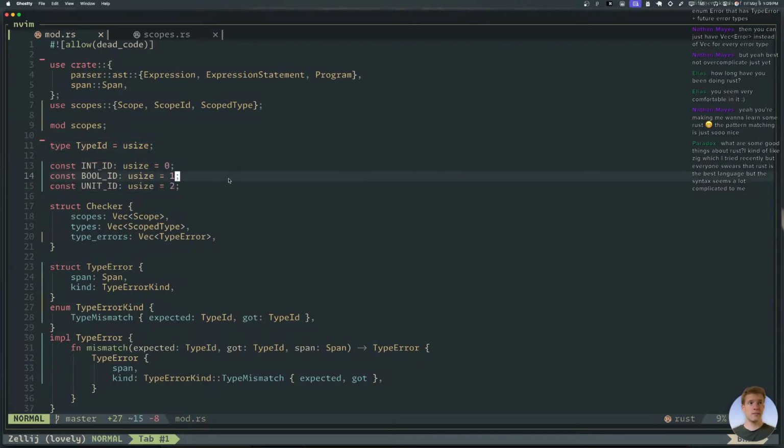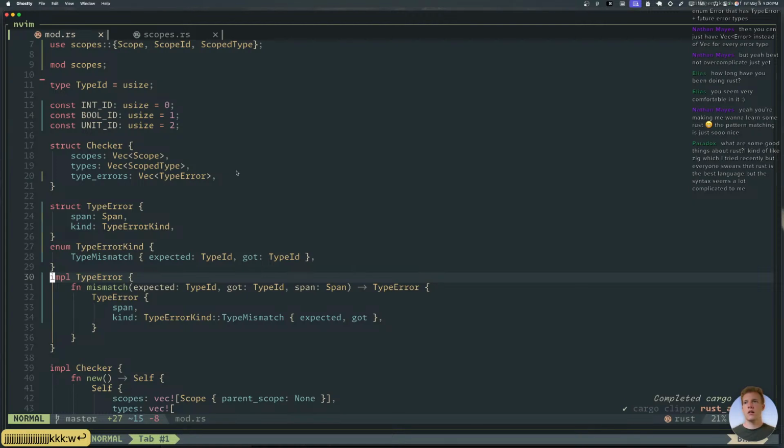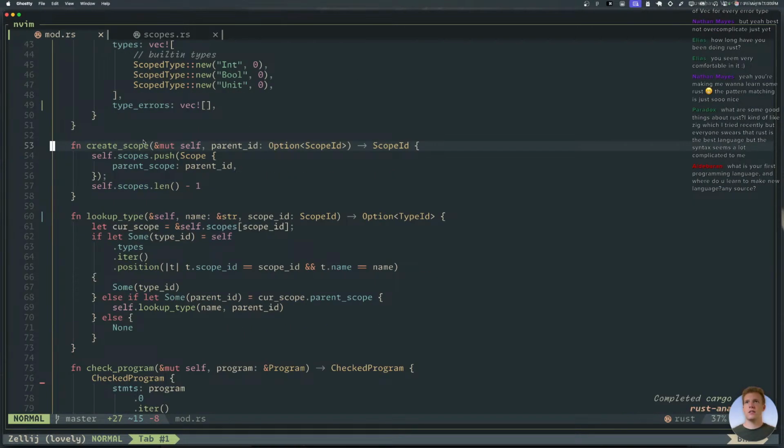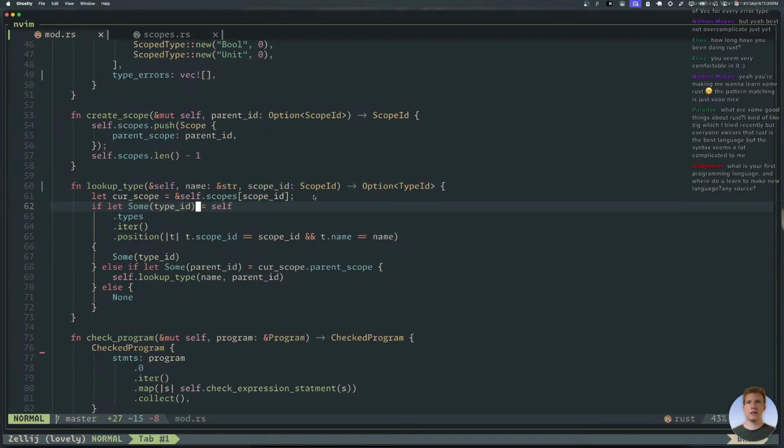The type system I find to be super good. Swift is comparable. They're pretty similar as far as the type system goes, but really good enums are a huge thing for me. Pattern matching is wonderful. Being able to do this kind of thing, like if let Some, this is really nice. I don't know, it's just got a lot of nice stuff like that.